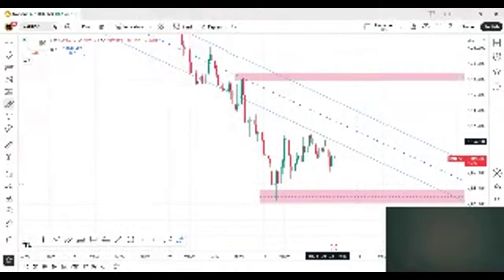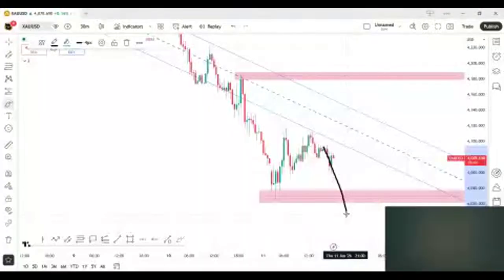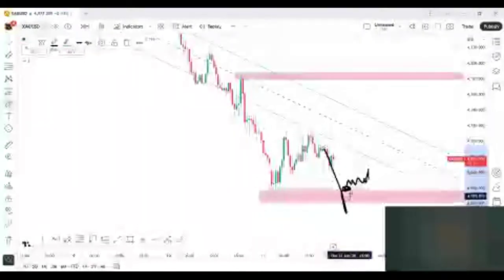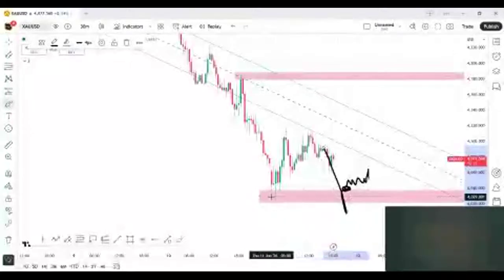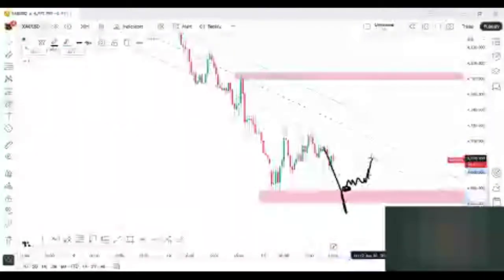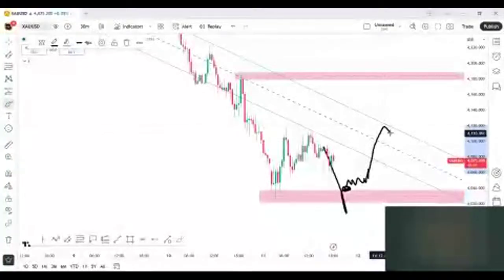But if the market makes a move like that, and after that gives us a closing above this zone, and stops at 4030, 4040 and keeps trying to push like that, then we will look for the buying position. Then we can have the surety, because the market has already taken the liquidity from this area, and that will also be helpful for us, a double bottom, and that can lead the market towards bullish. And again, as I've told you, our targets will be 4070, then 4122, and then our last target 4180.